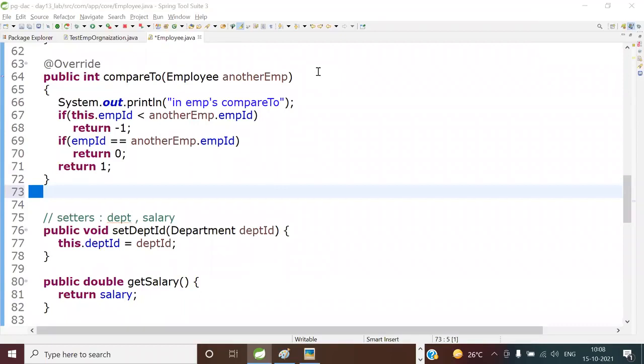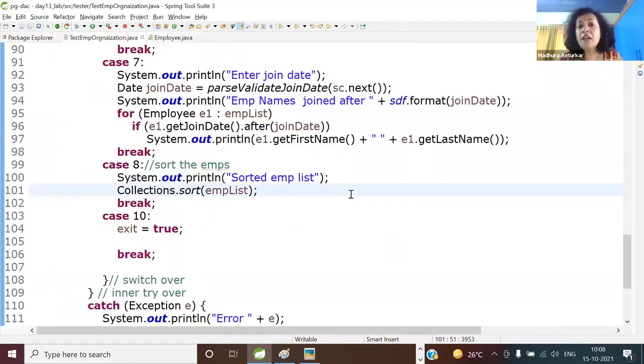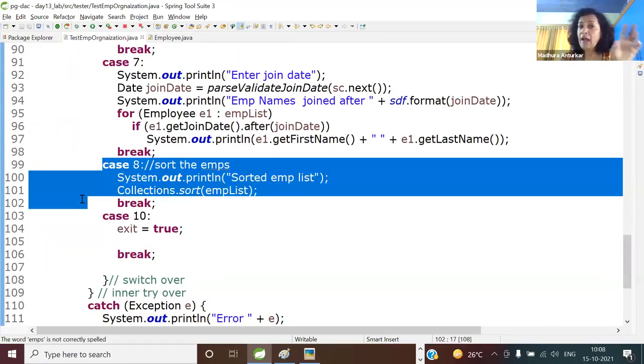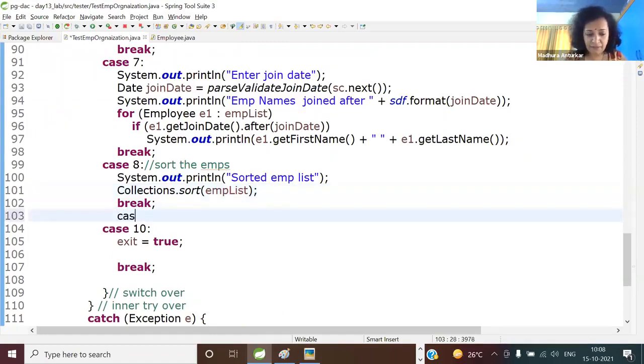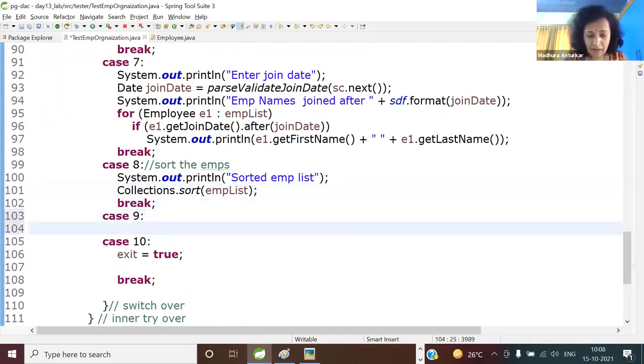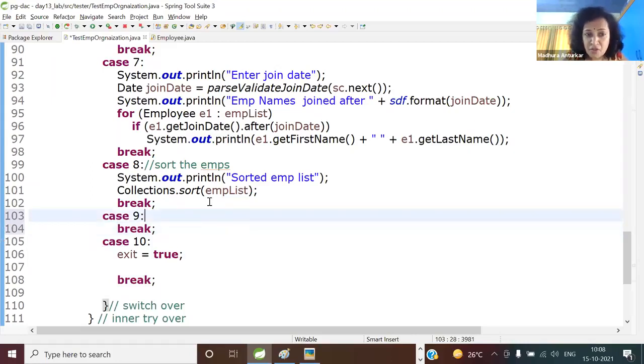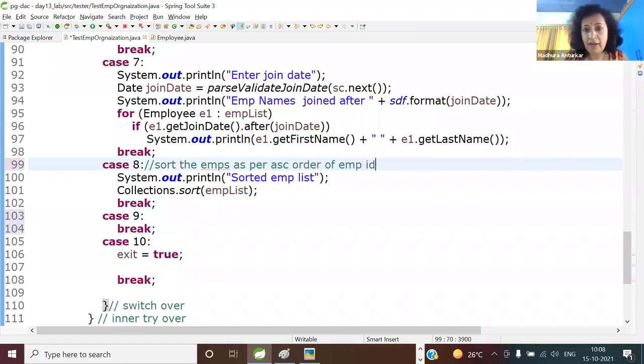Wait a second. Okay, so here I'm saying, is there any solution to the problem? You understood the problem statement? When user says, in case 8, I want to display the report. Here itself, I can write that SOP and all that. In some other report, case 9, I'll write case 9. And if I say break, here this should sort the employees as per ascending order of employee ID. You got that? Whereas here I want